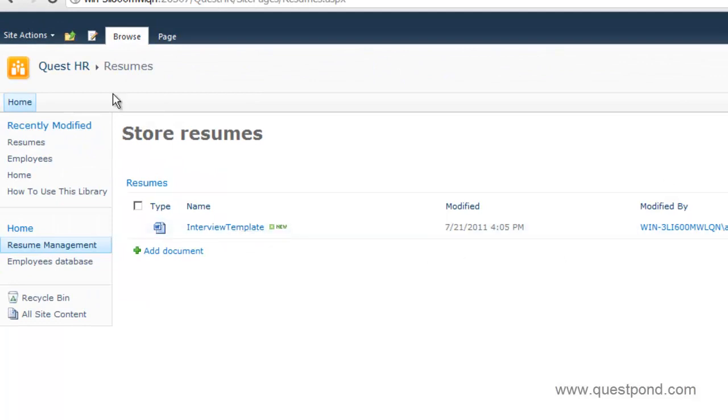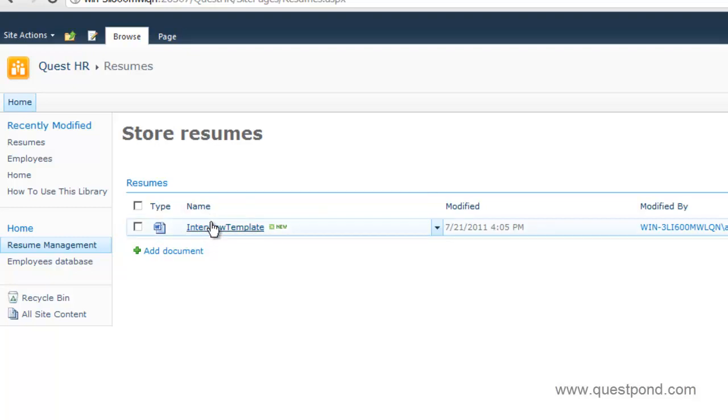We added the same to our resumes page, and we are able to upload documents. But this resumes list is not looking proper. How about putting up a field called candidate name? And this one, I would like to just say resumes.doc. This field is not really the name field, right? It is actually pointing towards the